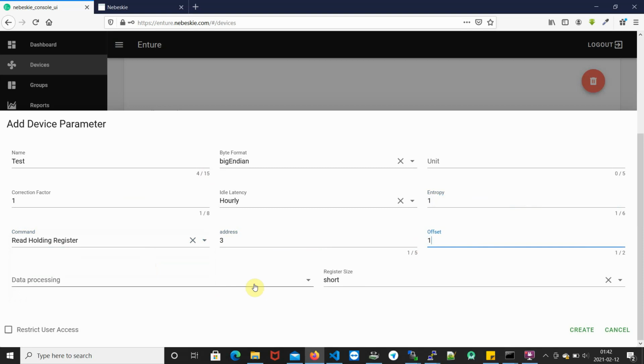So what does data processing mean? Data processing is something which will help NTO understand what kind of data it is dealing with. This parameter can be divided roughly into two categories. For example, if a parameter is about current, so we are noting down what the current is, or we are monitoring the current consumption in a VFD or in some energy meter, right?